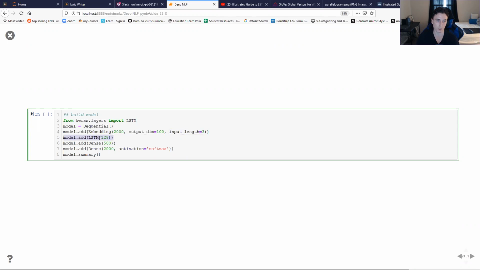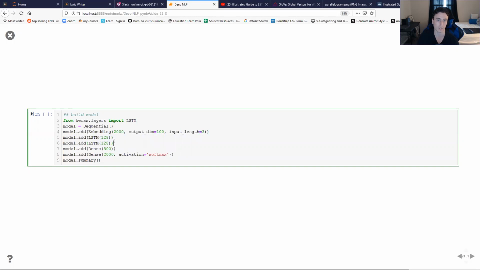The LSTM layer is really easy to add here. We're not going to do too much with it. You usually want to do like 64, 128, or 256 on this. And you can actually double them up. You could have a second one afterwards, but you have to set on the first one return sequences equals true. That will allow you to pass it to a second LSTM. But that's going to increase the time it takes to run this, so we're just going to keep it at